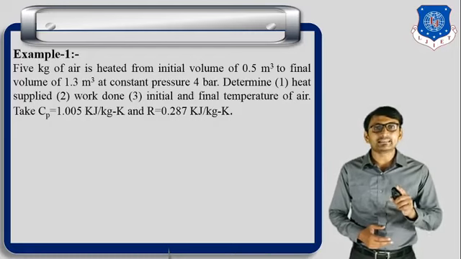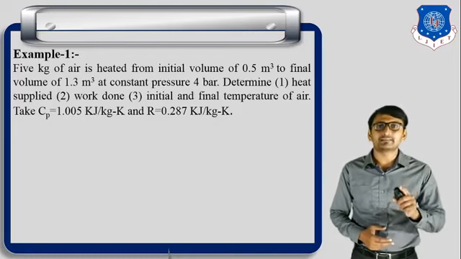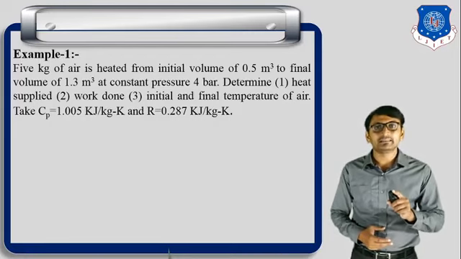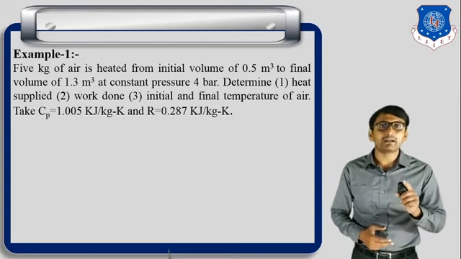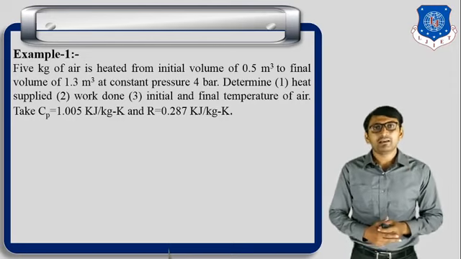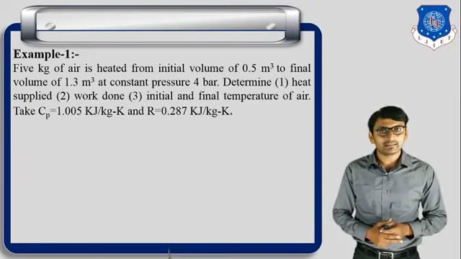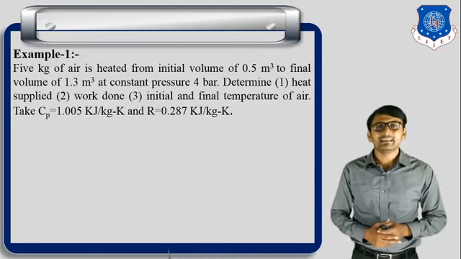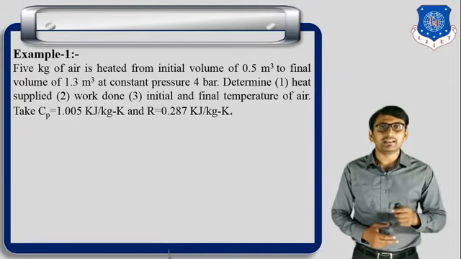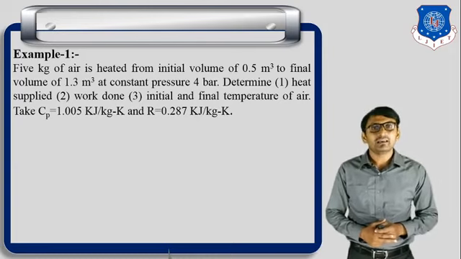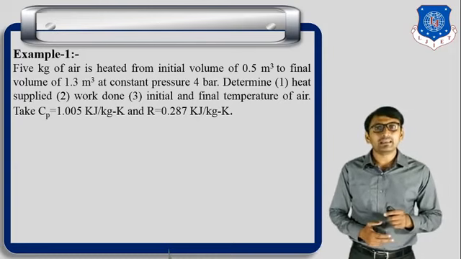So this is an example of a constant pressure process, that is an isobaric process. Determine first heat supply, second work done, third initial and final temperature, and in this example we take Cp,